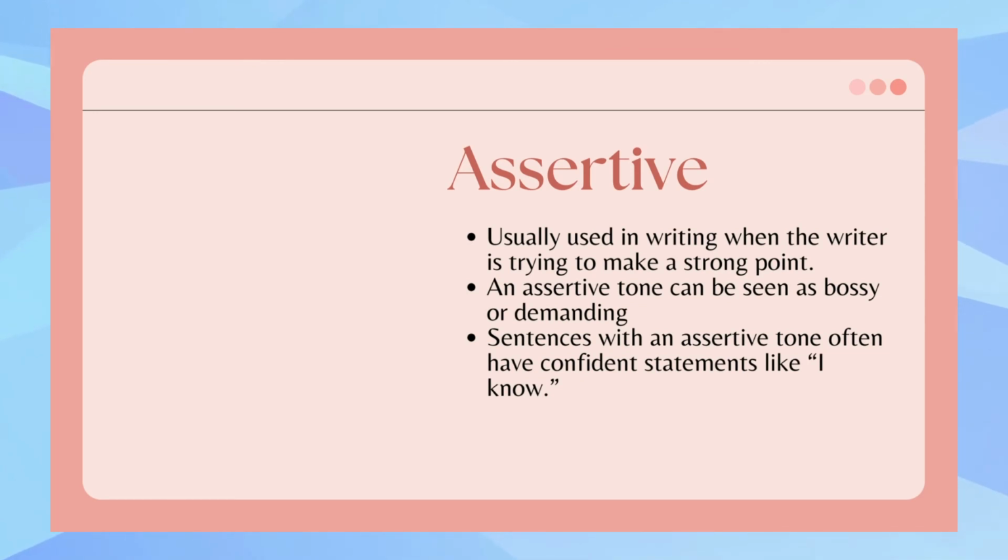Now we have assertive. An assertive tone is usually used in writing when the writer or the author is trying to make a strong point. So, this can be seen as bossy or demanding, but it also means that the author knows what they are talking about and has confidence in their opinion. So, sentences with an assertive tone often have confident statements like "I know," and